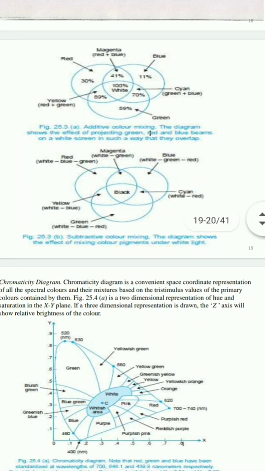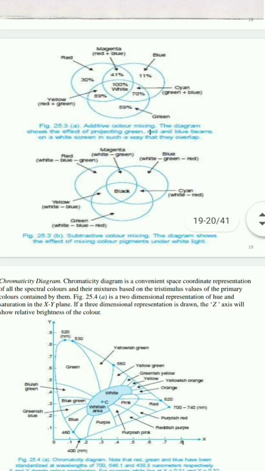If you add 30, 59, 11, that will be exactly 100. So you can make the formula for the remaining, like 70%, how will you get it? Green 59 plus blue 11. By mixing these two percentages, you will get 70%, that is what we are saying as cyan color.